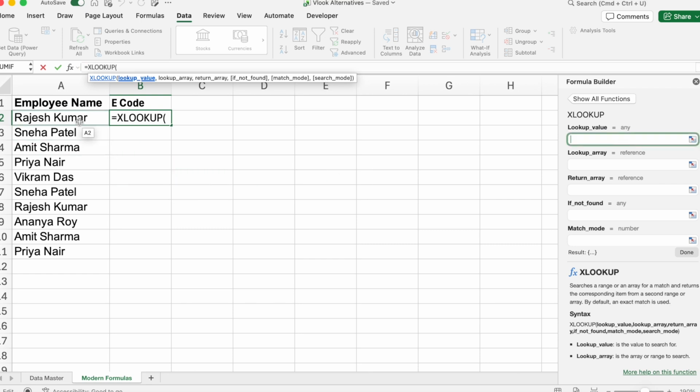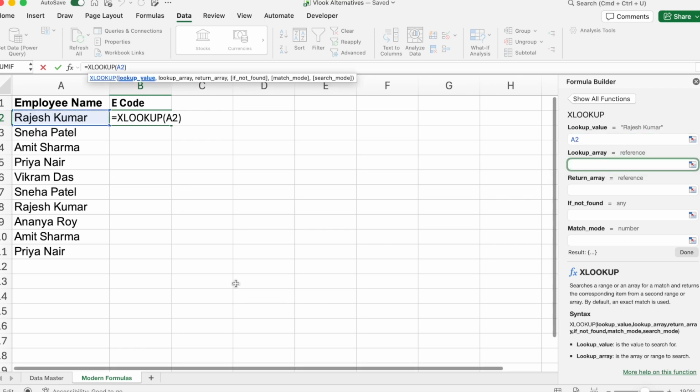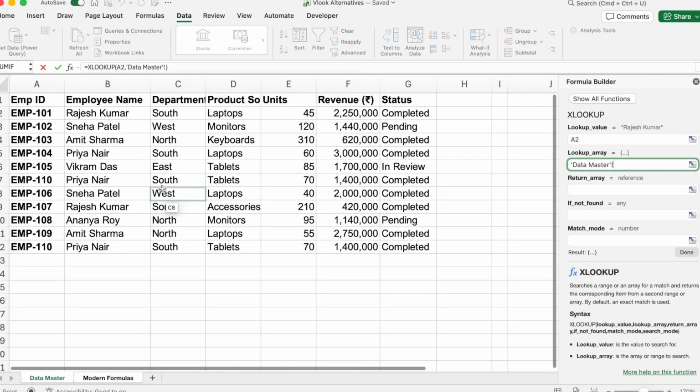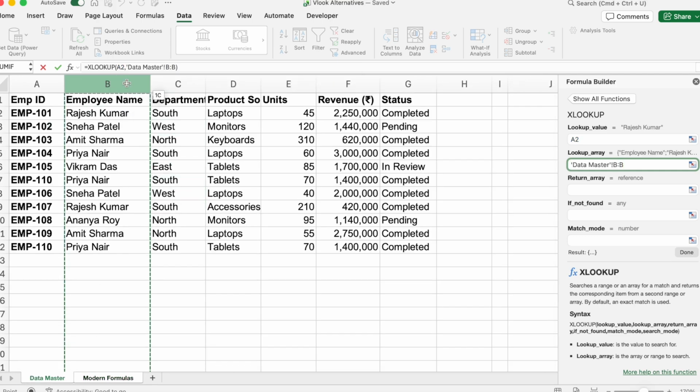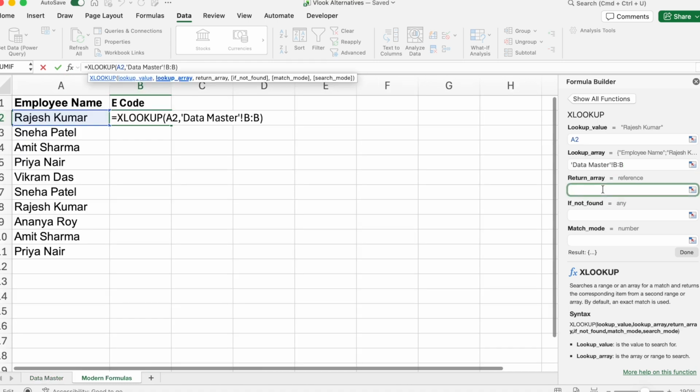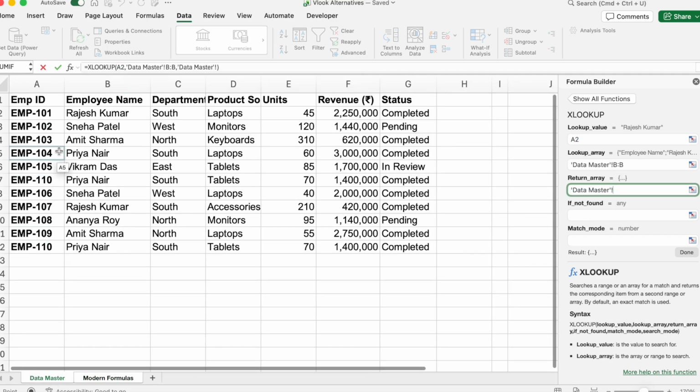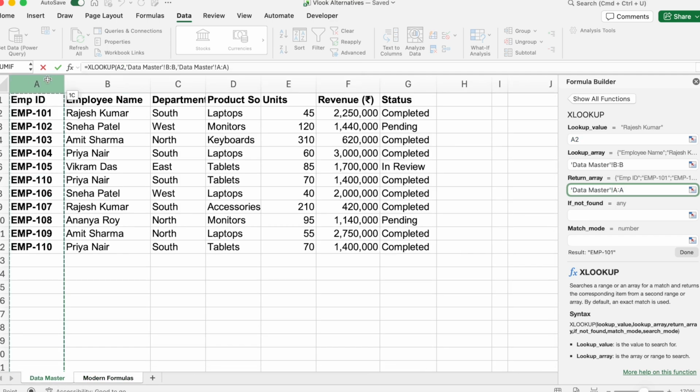Our lookup value is Rajesh Kumar, and select the lookup array. Here select the employee name column, which is in column B of data master, and then select the return array. Here you select column A of data master, from where we have to return the employee ID of this